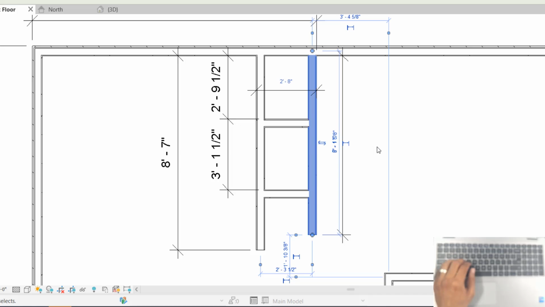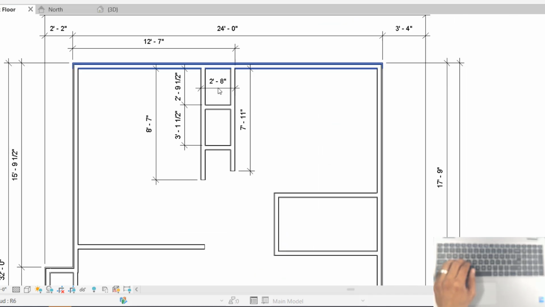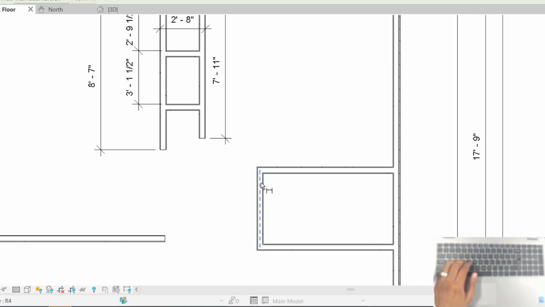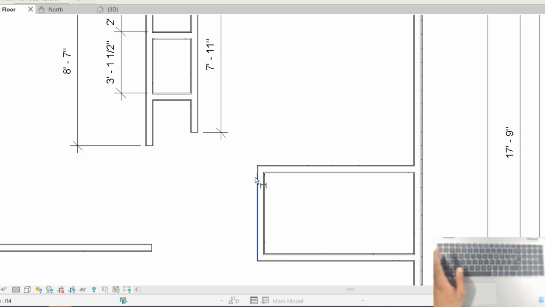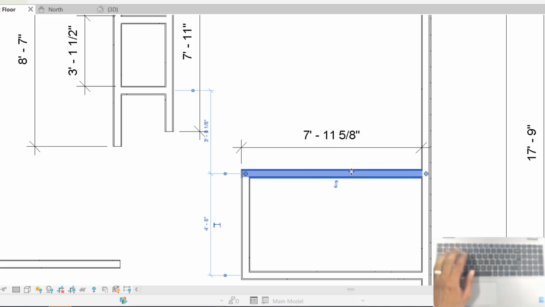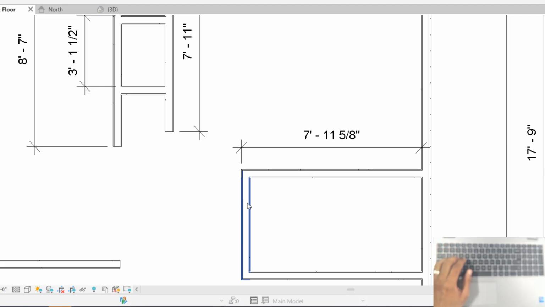So now that I have that temporary dimension done, that should be exactly where this whole wall section should be. And I'm going to leave these temporary dimensions there for your reference. Now I'm going to go ahead and start measuring this room. I'm going to tab, select the exterior face of this wall to the interior face of this wall. Select the wall and make sure that this thing is actually 8 foot